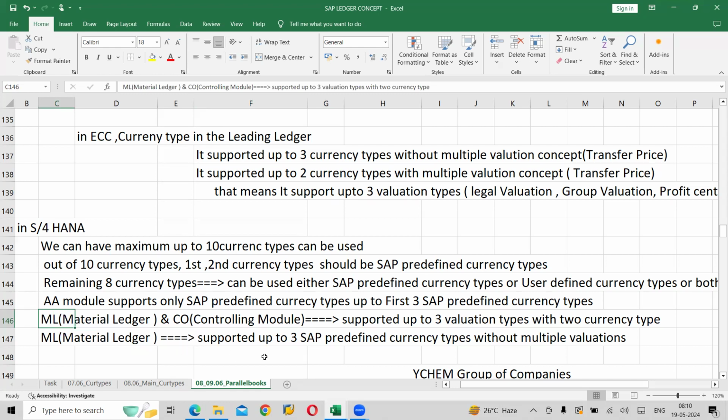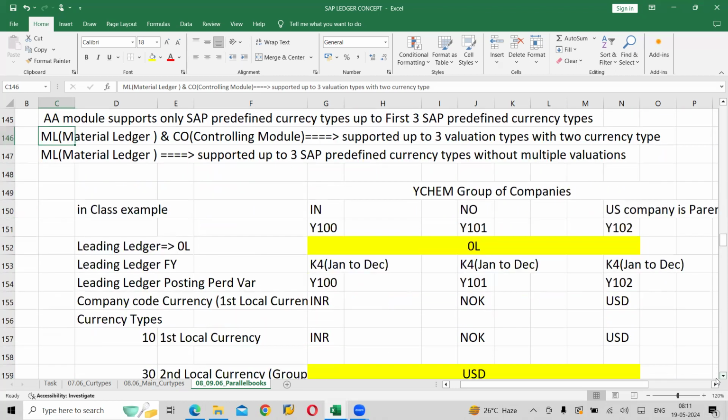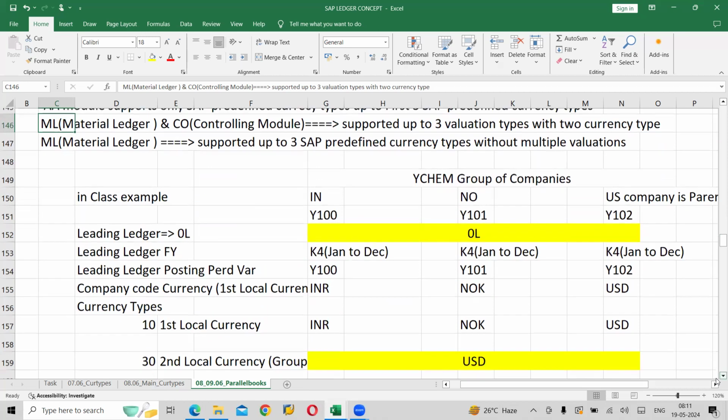So material ledger supports up to 3 SAP predefined currency types without multiple valuations. What we discussed here, multiple valuations. Clear? Any questions? So here you have taken my previous batch. So for example,